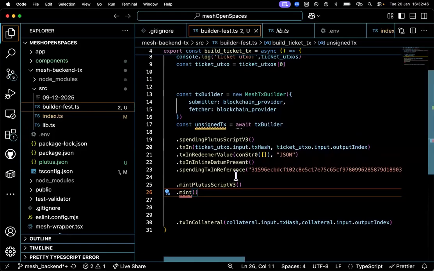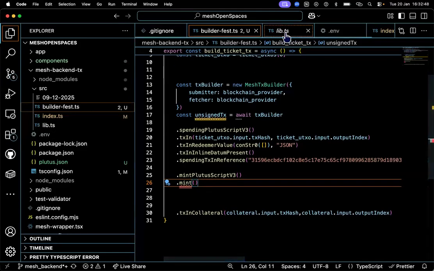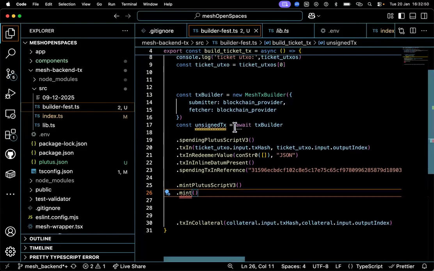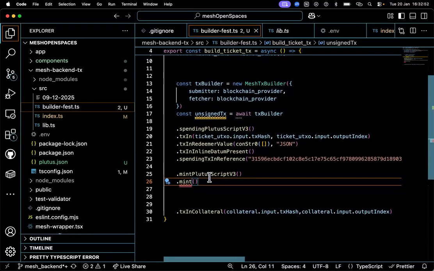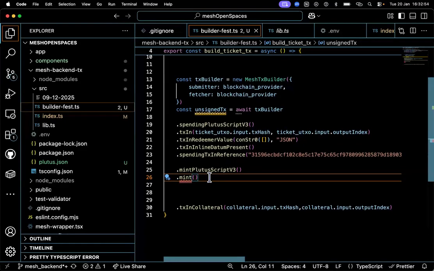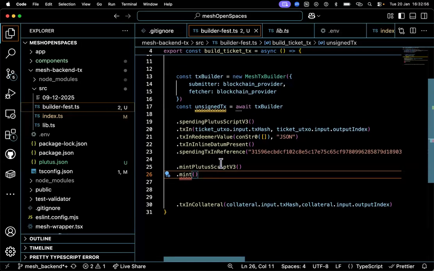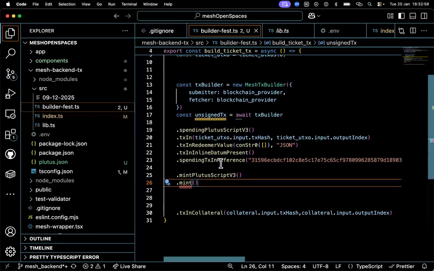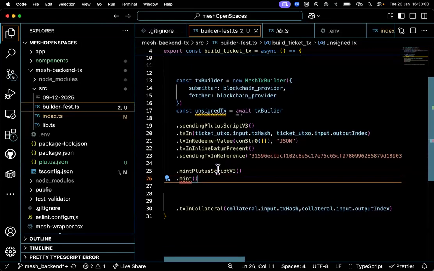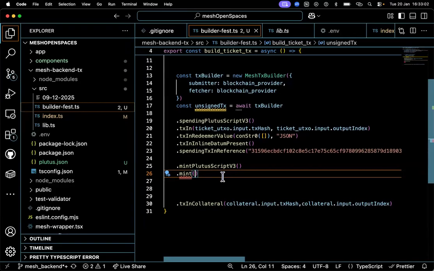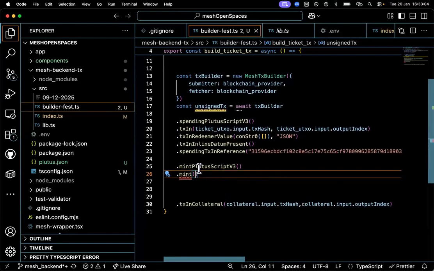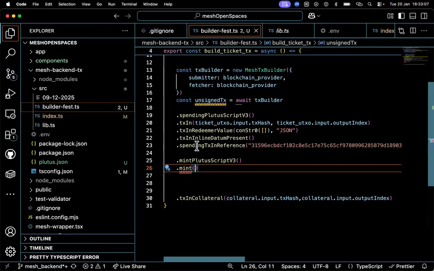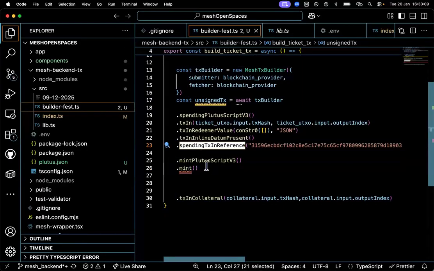They are just having different endpoints with the validator purpose. In the transaction builder, we do have to mention it twice, right? For each redeemer, we have to put in a spending transaction reference or minting transaction reference. Don't they actually have a mint TX in reference? I think there is. Yes, it has a mint TX in reference. Okay.